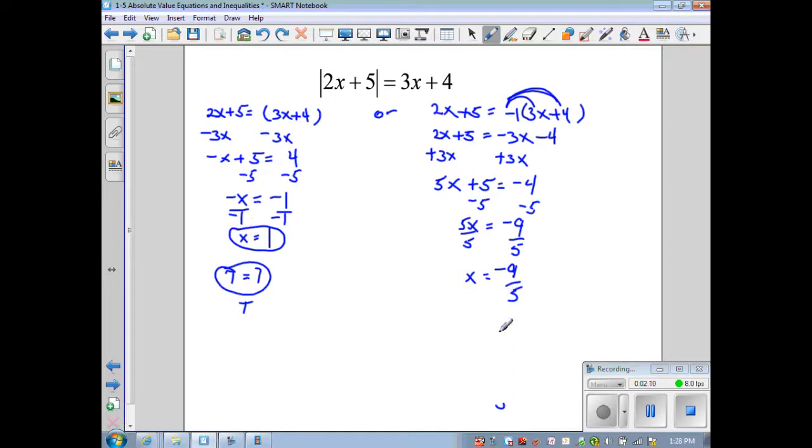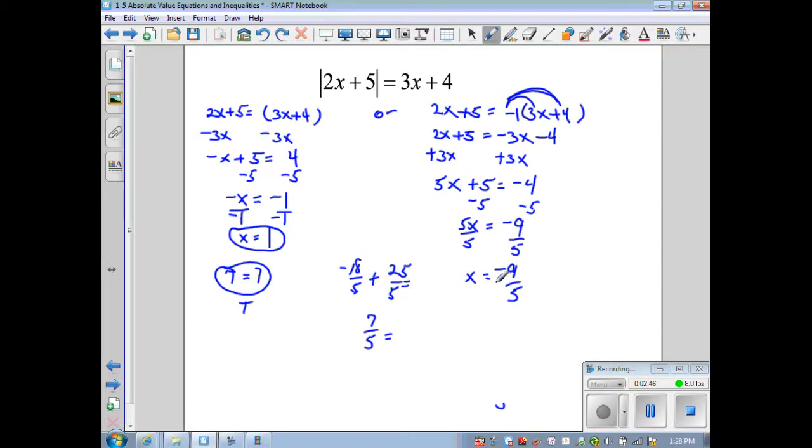Substituting negative 9/5, that's going to give me 2 times negative 9/5, which is negative 18 over 5, plus 5. That's 5 over 1. To make a common denominator of 5, I'll multiply the top and bottom by 5. That gives me 25 over 5. That gives me negative 18 plus 25, which is 7 over 5, equals, and that's my question mark,